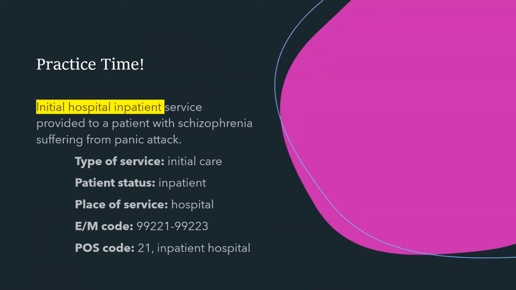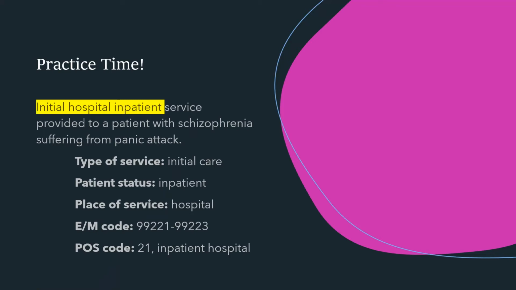Practice time. Initial hospital inpatient service provided to a patient with schizophrenia suffering from panic attack. The type of service would be initial care. The patient status would be inpatient. And we gain all of that information from the scenario itself. The place of service is hospital. The E&M code, we're going to do a range for this one. It would be 99221 to